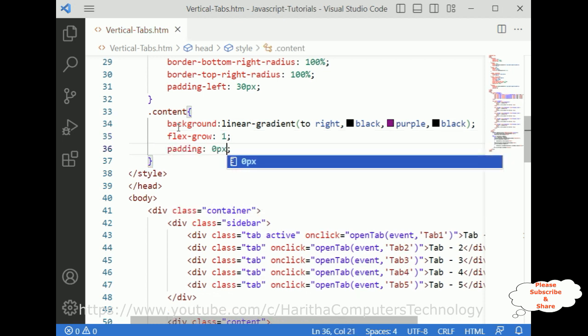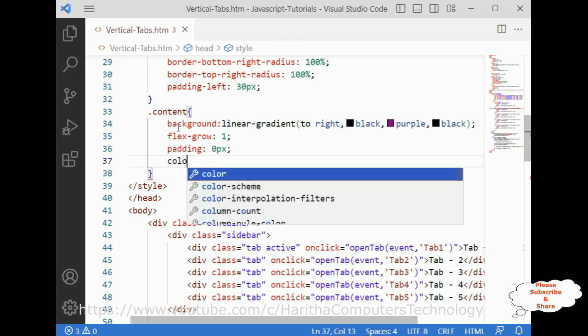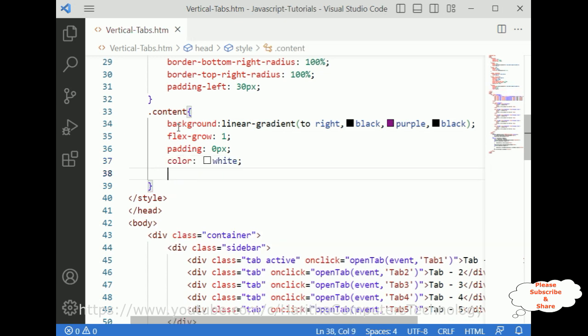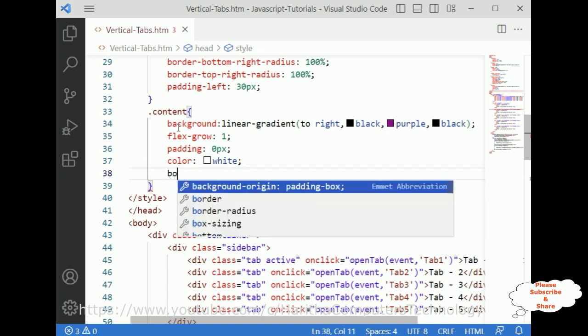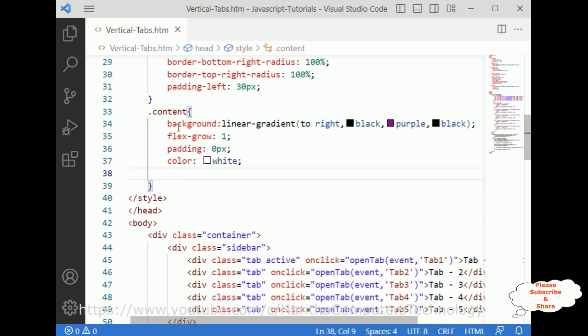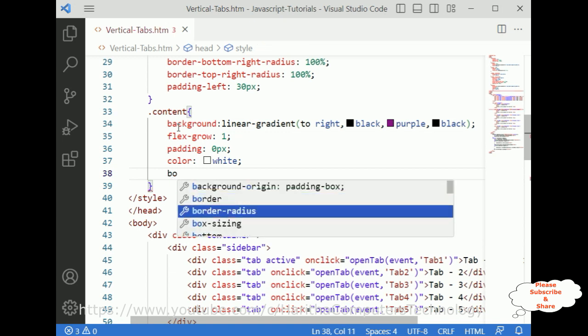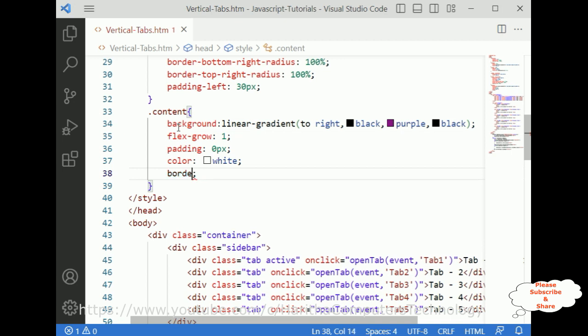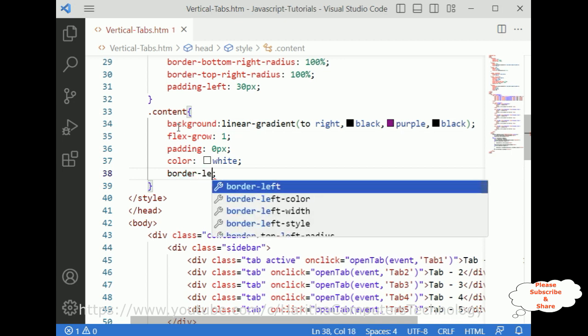Padding 0 pixels. Color is white. Border left. We don't record border left. Yeah, we will give border left because I don't want to border spaces. Border left is 0